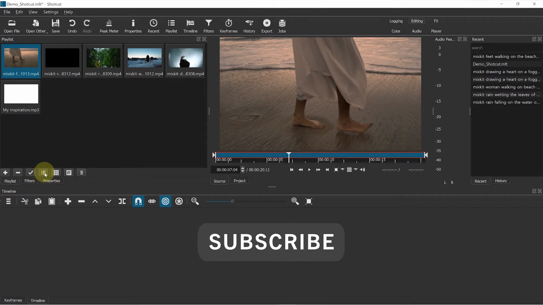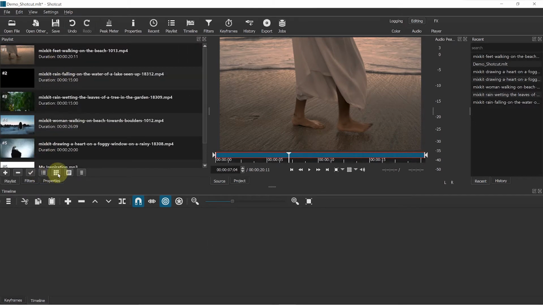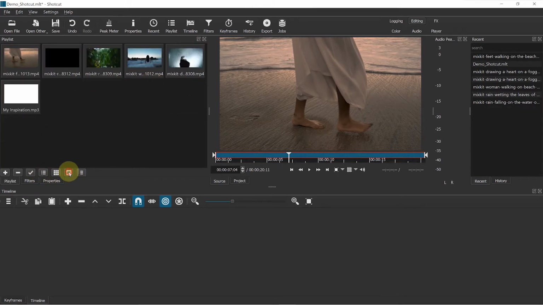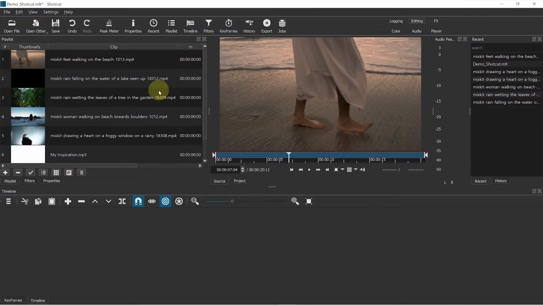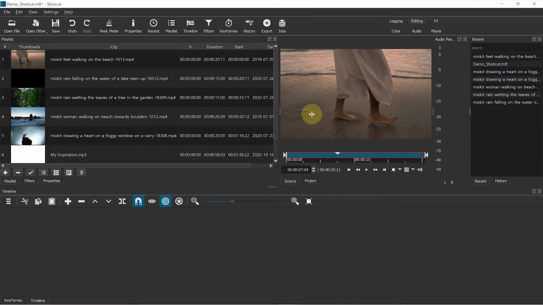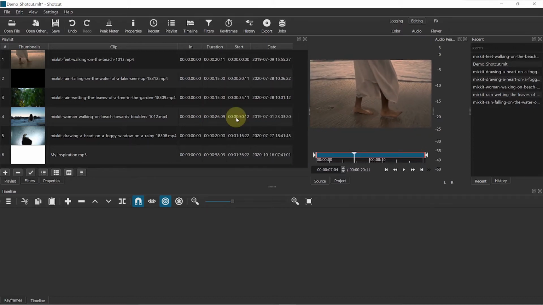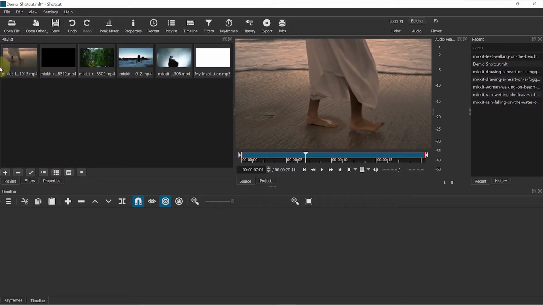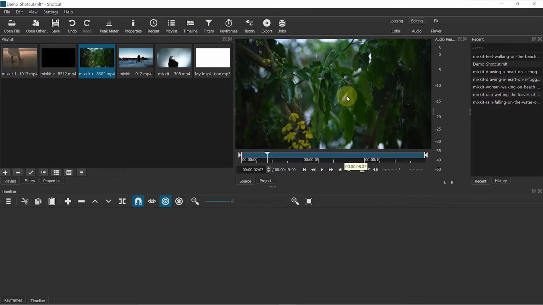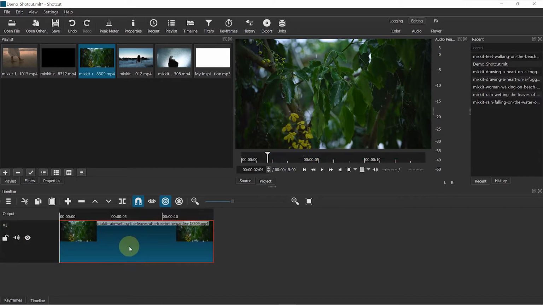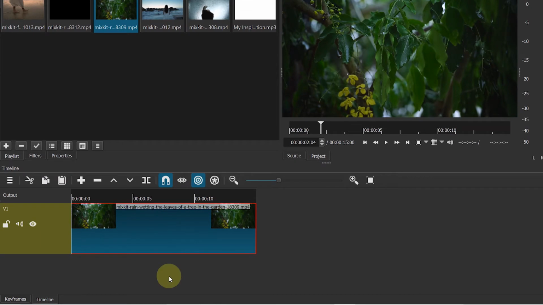You can view these files as files, view as icon, view as details. Here you will see all the information about that clip. You can make any panel bigger by just holding on these lines and moving them. I will click on view as icon. When you double click on media file, it will open in Source Monitor. If you want to use this clip, you can add it to the timeline. You can drag and drop your clip to the timeline. See, you added your entire clip to the timeline.